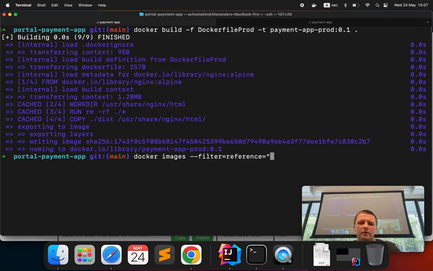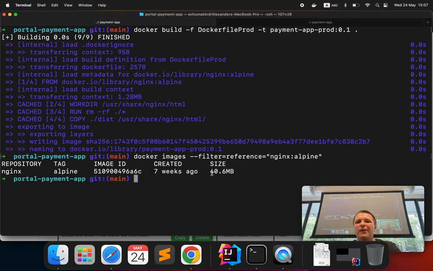Let me quickly check docker images with a filter reference nginx:alpine. It's 40 megabytes. So NGINX itself is small. I use the version Alpine. Alpine is actually an operating system. It's a Linux operating system, but specially built for Docker containers. I'm not sure if you can, but it's meaningless to install Alpine on your laptop. It's the main Linux system, but it's very useful to use for your